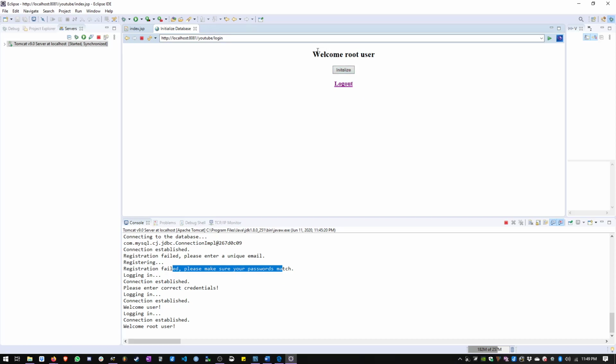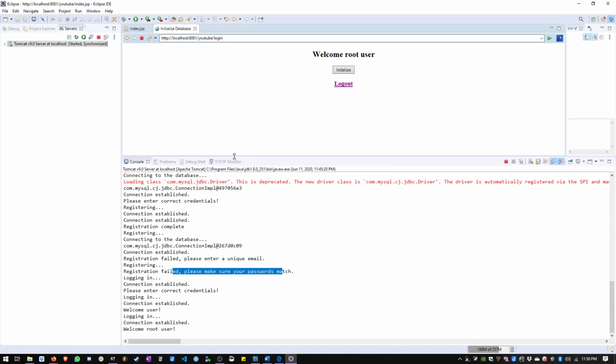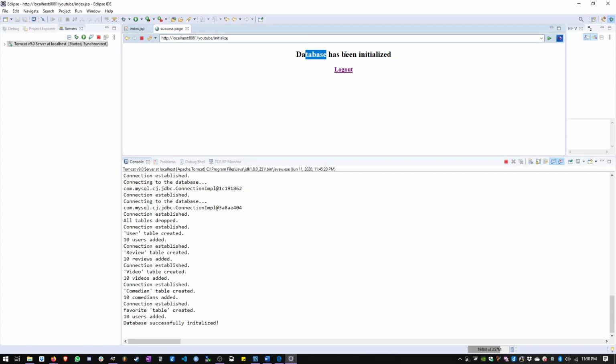this is the root user's welcome page, and then log out would go backwards, but the initialize button is what is going to start all the addition of all the new tables, dropping them and adding them. So let's watch down here in the console as that happens. It says database has been initialized,